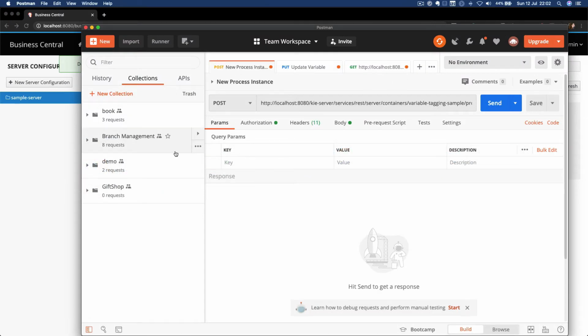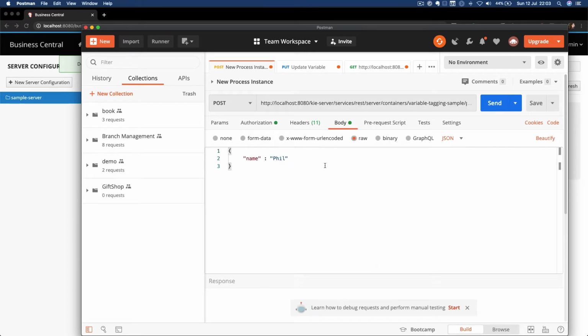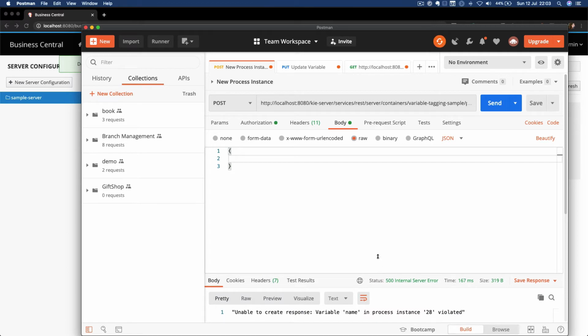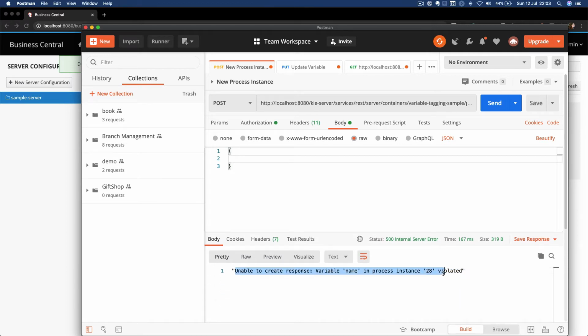So let's see what happens if I try to start a new process instance without a name. I get the exception: unable to create response, variable name in process instance 28 is violated.